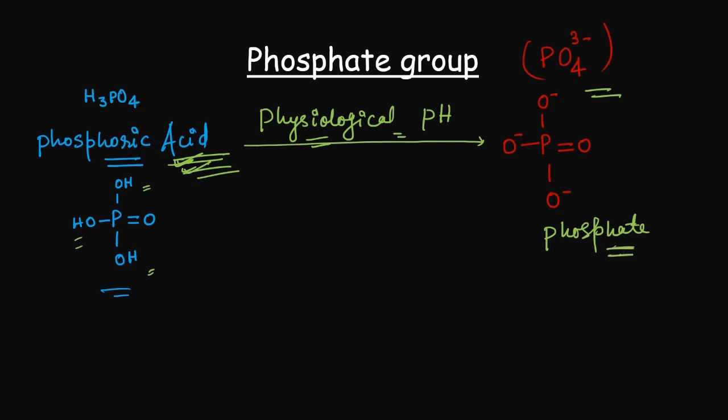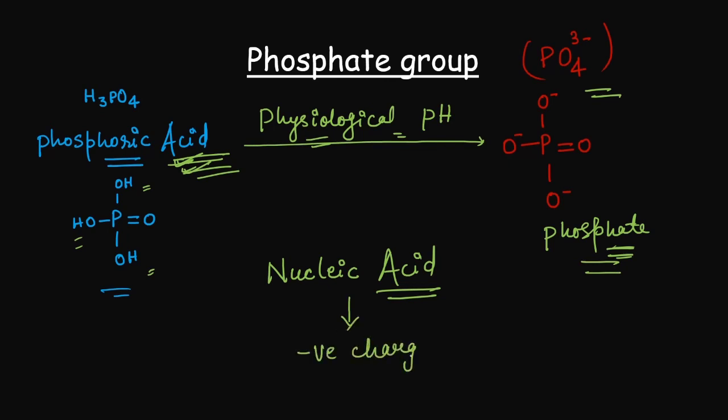Okay, this phosphate is present in nucleic acid. So this acid term is used only due to the presence of phosphate, and this provides overall negative charge on the nucleic acid. Generally people get confused that nucleic acid has both nitrogenous bases and phosphate group also, then why is it called an acid? Now I think you have got your answers.